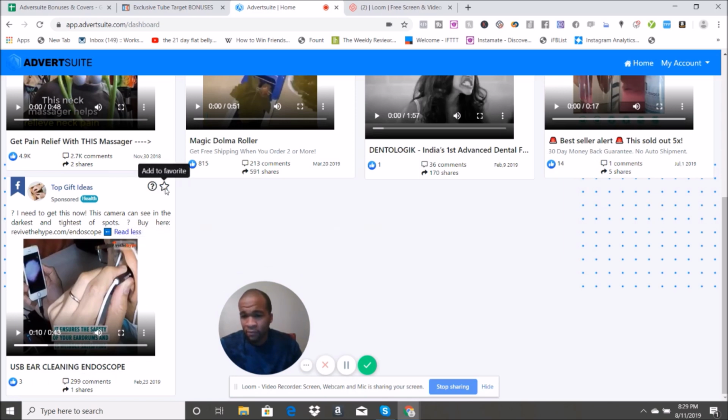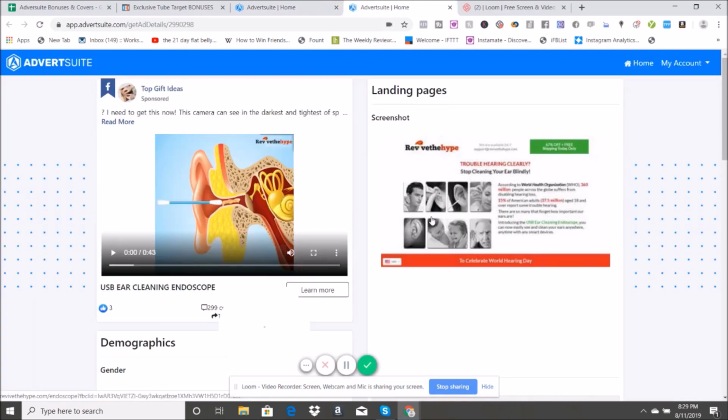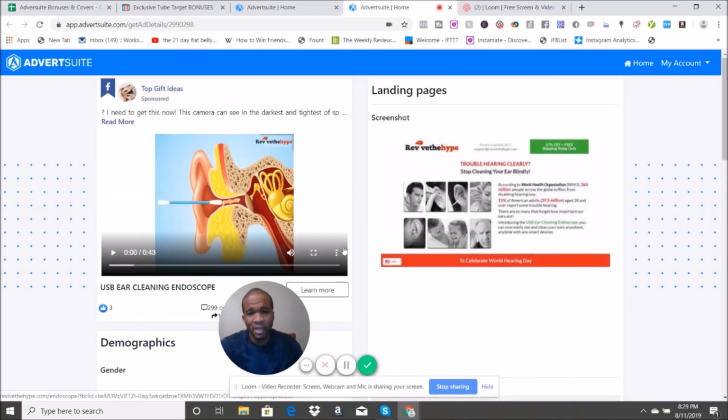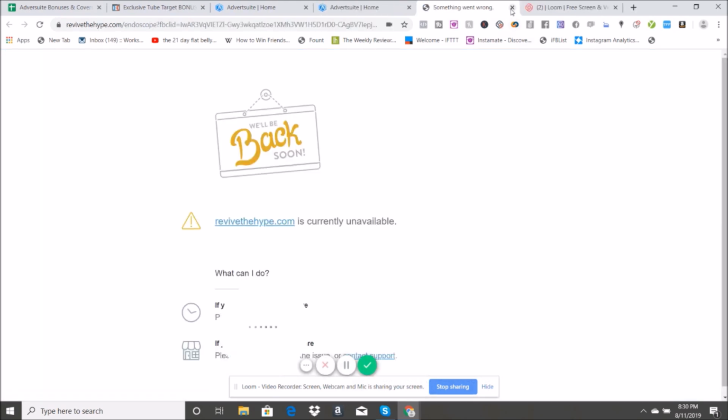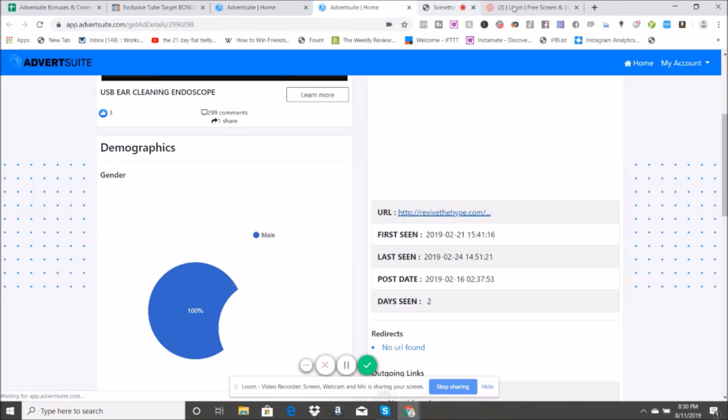Now, if you go here, see details of the ad. You can pop this open. As you can see, it's showing you the landing page that this ad is going to send people to. So if you say, okay, I can duplicate this ad, but I don't know how to set my landing page up to make it convert, well, it's giving you the landing page. So what you would do, looks like they may have taken this down temporarily, but what you could do is